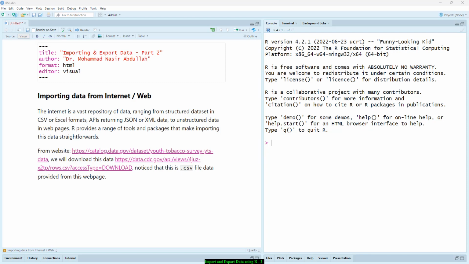Right, in the last video I already showed how to import data from flat files, which are .csv, .txt, and Excel .xls. We also looked at how to import data from SPSS data files, which are .sav, .dta, which is a Stata file, and SAS files. Right, for this video, I'm going to show you how to import data from the internet